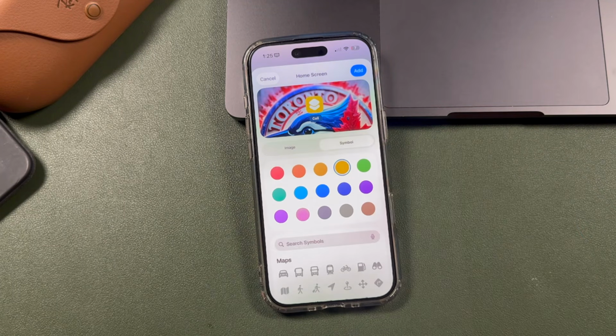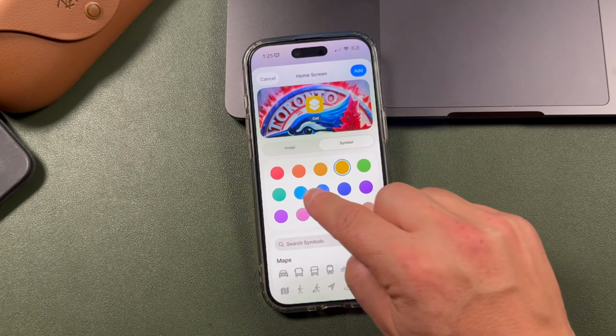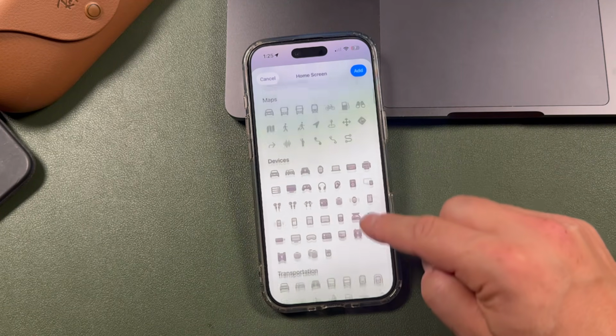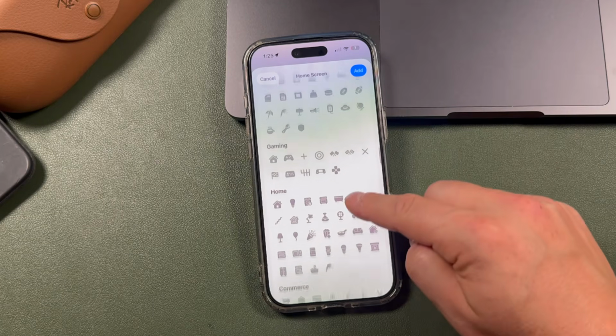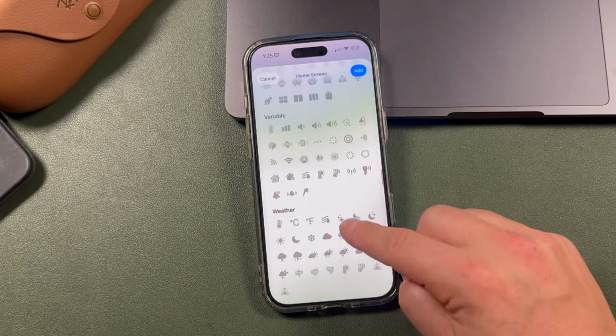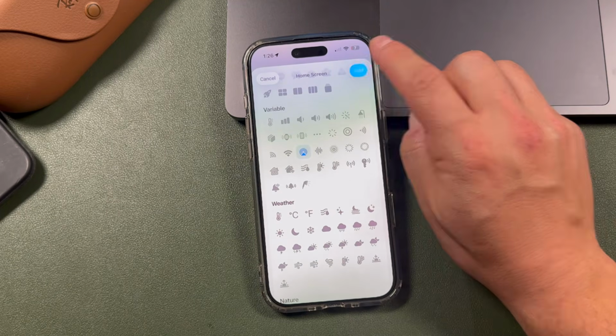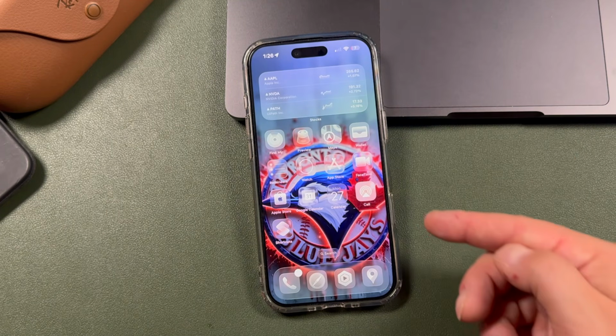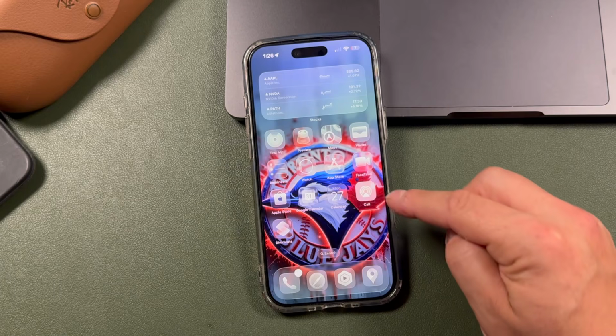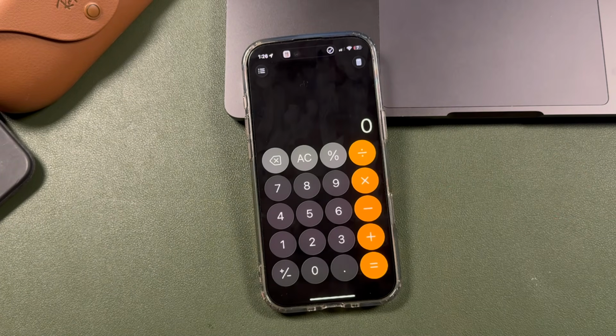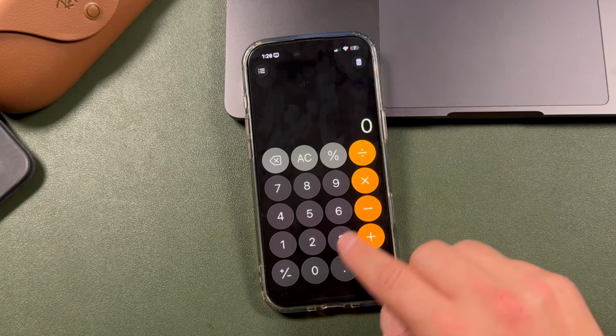I'm not doing that here. I'll just show you the simple way, choosing a color for the app, and then just choosing a simple symbol that you feel fits that specific application. I'm just going to choose this for now. Tap Add, and you can see it's right there. For some reason I wrote Call, but it was supposed to say Calc, short form for calculator. Either way, it opens up my calculator when I tap on it, and now I have a quick, unique application